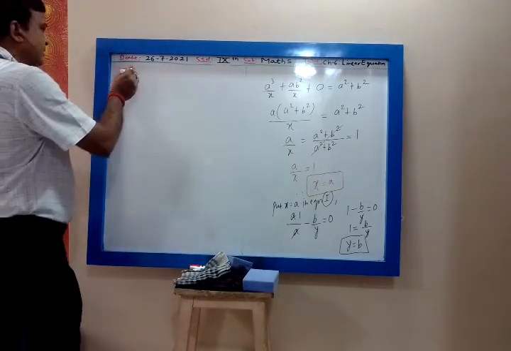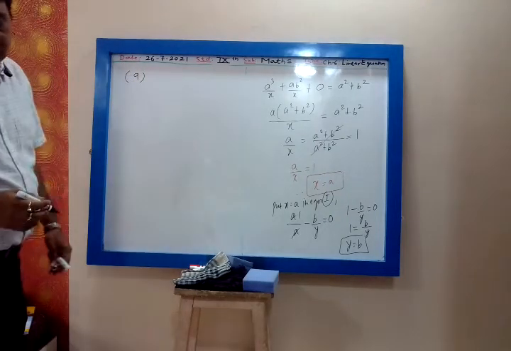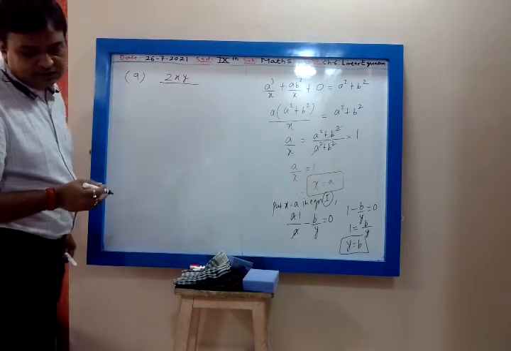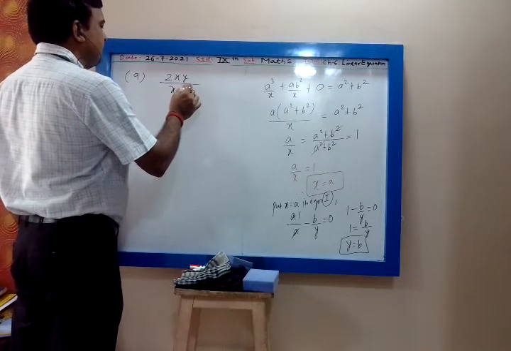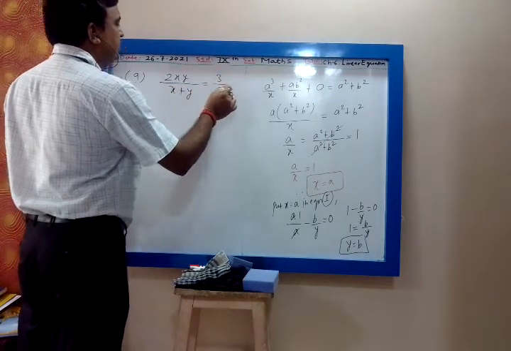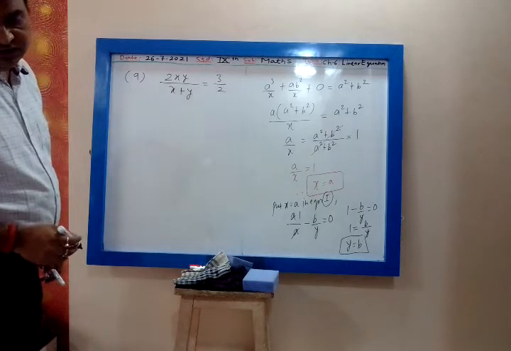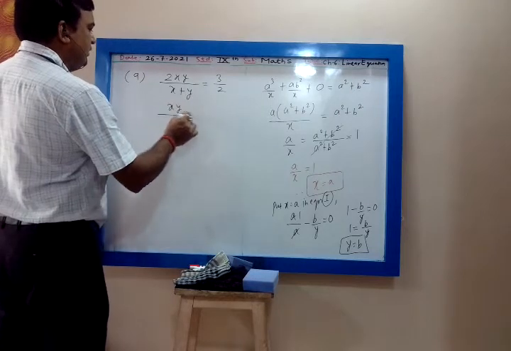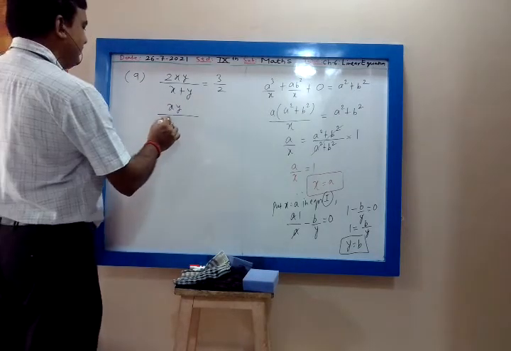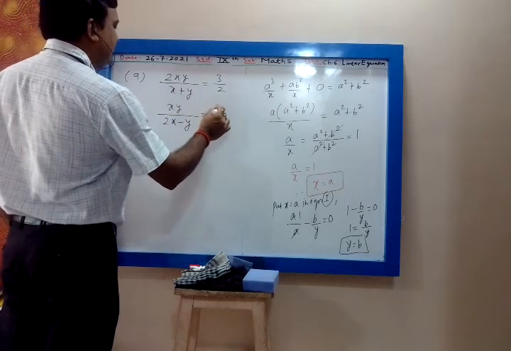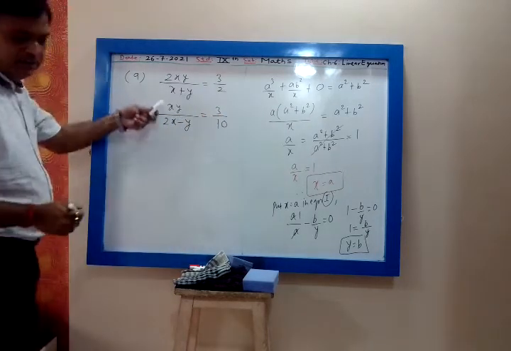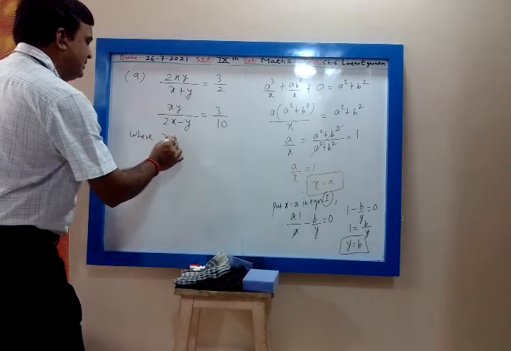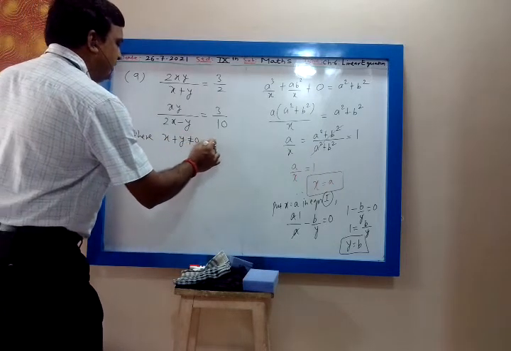Now ninth one: 2xy upon x plus y is equal to 3 by 2, and xy upon 2x minus y is equal to 3 by 10, where the condition is given, denominators are non-zero, where x plus y is not equal to 0 and 2x minus y is not equal